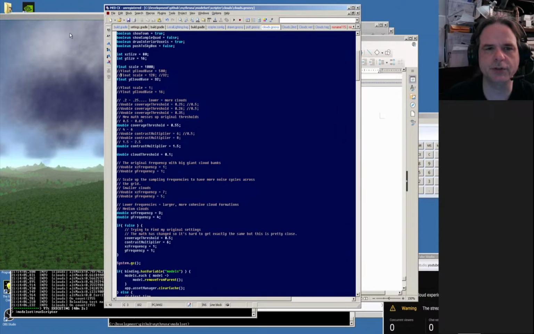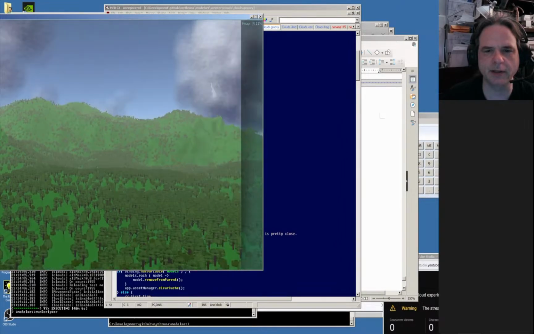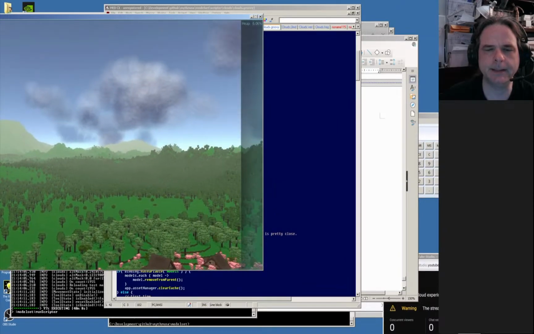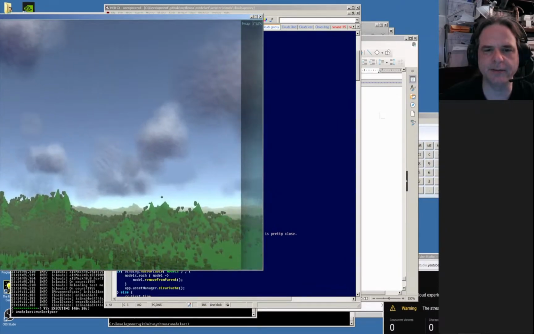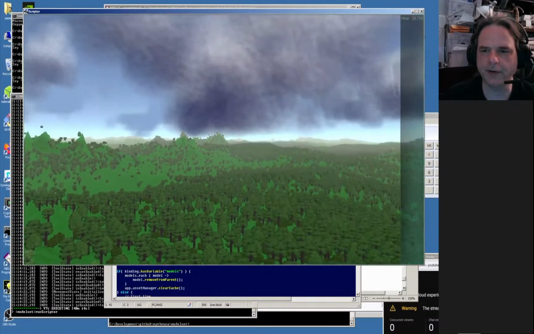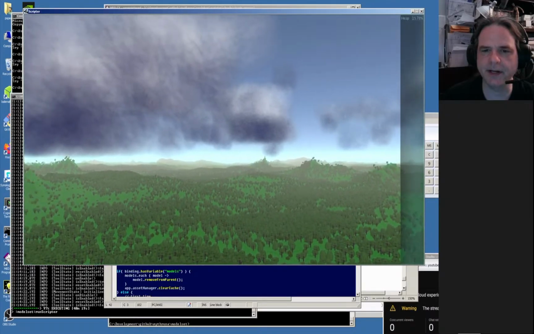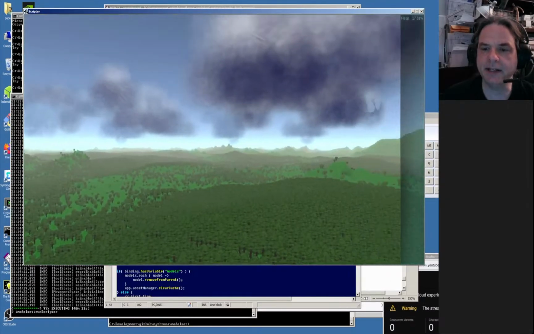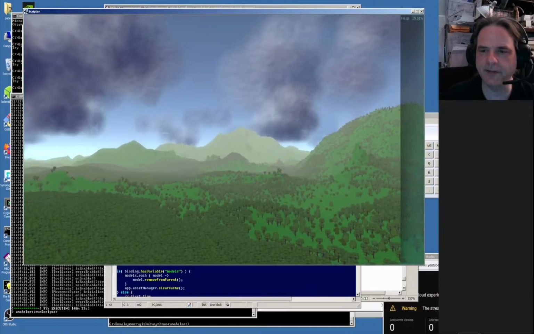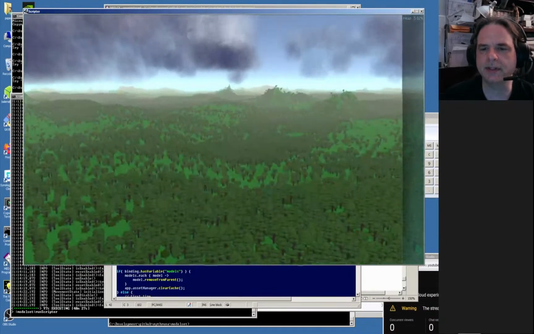So visually nothing changed much, except for the fact that it's no longer interacting with any of this terrain, because every cloud out there is farther away than the horizon, pretty much. So we get lots of z-fighting. The other thing is, if I push it all the way out like that, it's never going to interact with the terrain. Then I could turn it into a skybox,